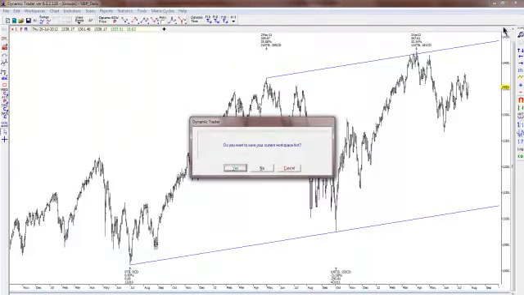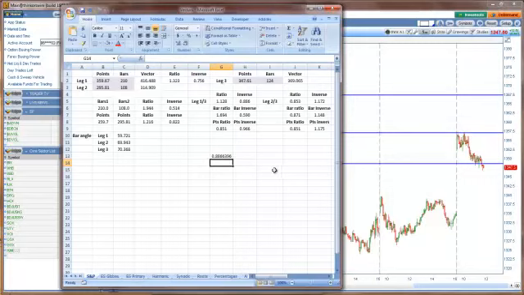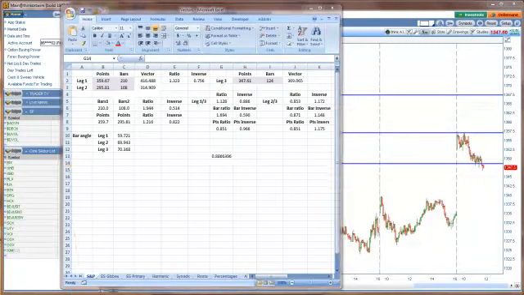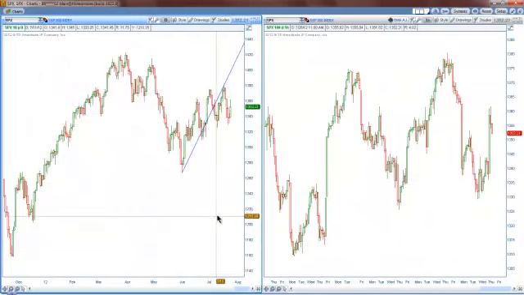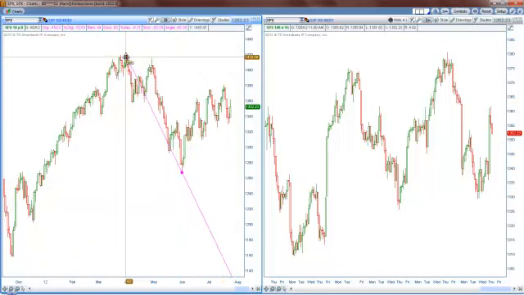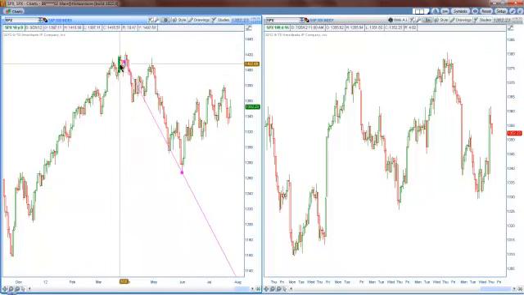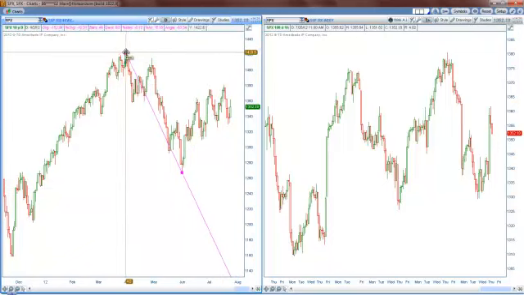Let's take a look at the last move. I'll get rid of this right here. We'll take a look at the S&P 500. I cleared all my other analysis off of this just to simplify this. But what you want to do, like I say, is you want to compare legs of the same degree. So knowing that this is a top right here, I'm probably not going to be comparing this one again for